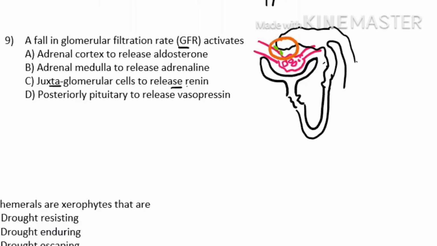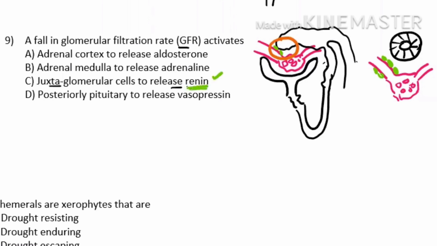You can see the diagram once again, I'll draw it separately for you. See, this is your afferent arteriole. This is your efferent arteriole. And this is your collecting duct, DCT. This is the wall of the DCT, let us assume. So on the wall of the afferent arteriole you will find a few special types of cells. These are known as juxtaglomerular cells. When these juxtaglomerular cells observe a fall in the GFR through the DCT, then these cells will release renin.